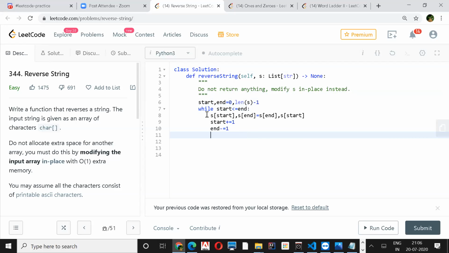Any doubt in this implementation? Or anybody wants to share anything apart from this? Okay, then let's switch to the next.